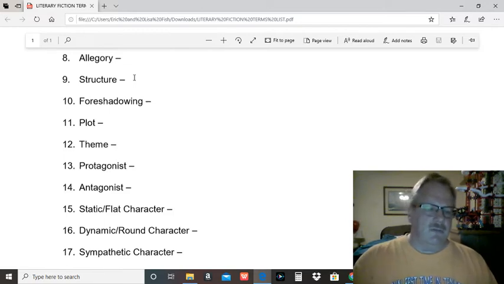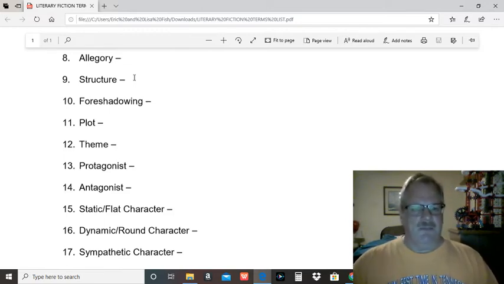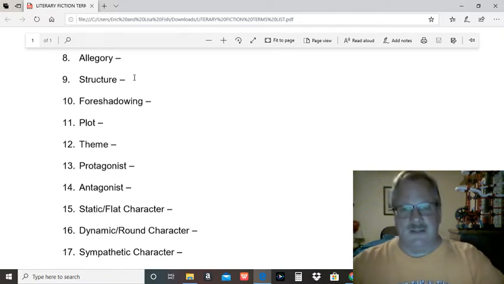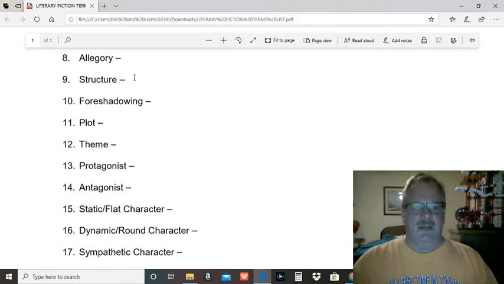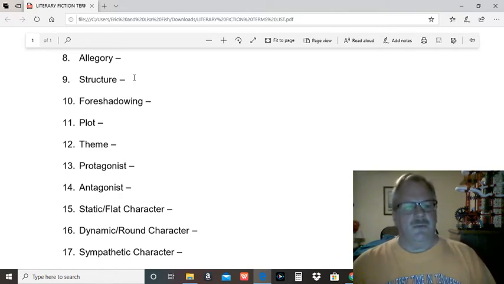Same thing with A Rose for Emily. You have to put all the pieces together and you realize she bought the rat poison to kill Homer, and you get all these hints about what was actually going to happen. So by the end, you're not just totally shocked. You're not going to say it came out of nowhere, but you go back and go like, oh, that's what that's doing there. That's what foreshadowing does for us.